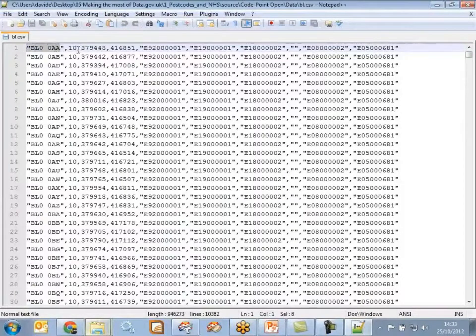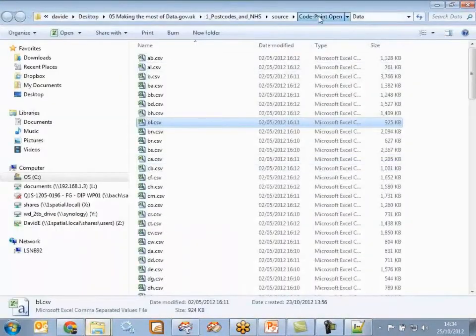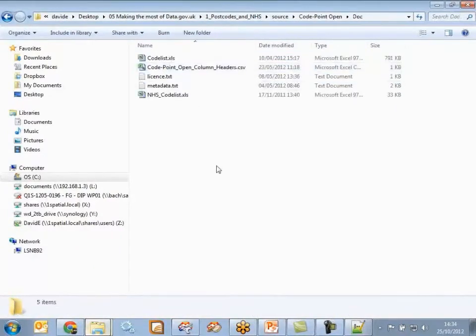We can see that we've got a postcode in here, and conveniently we have an X and a Y coordinate, as well as a series of codes. And those codes don't mean a lot to anybody until you join them to the data sets that they're supplied with. So if we go and have a look at the data, this is just the data that I've got supplied straight off the download or the CD, and you can see that there are some code